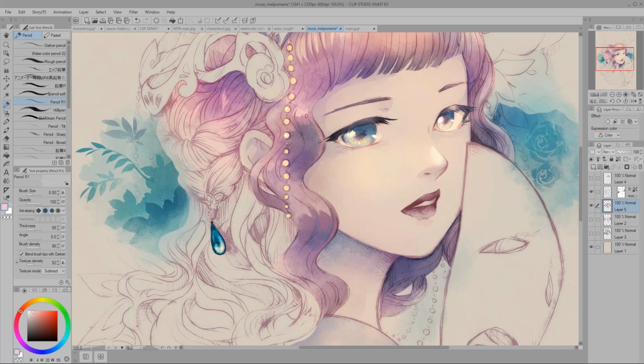How long do you usually work on an illustration? For something like this, a sketchy line art watercolor style, maybe I can finish in 1 or 2 days, around 8 hours of actual work. But if I had to do something like more of a full painting,